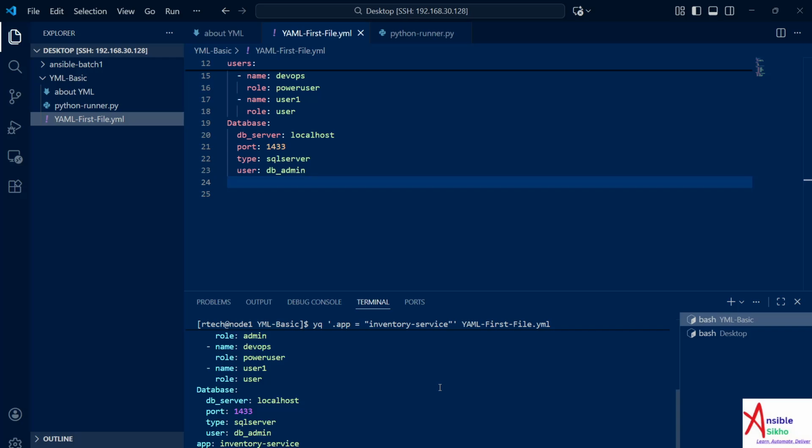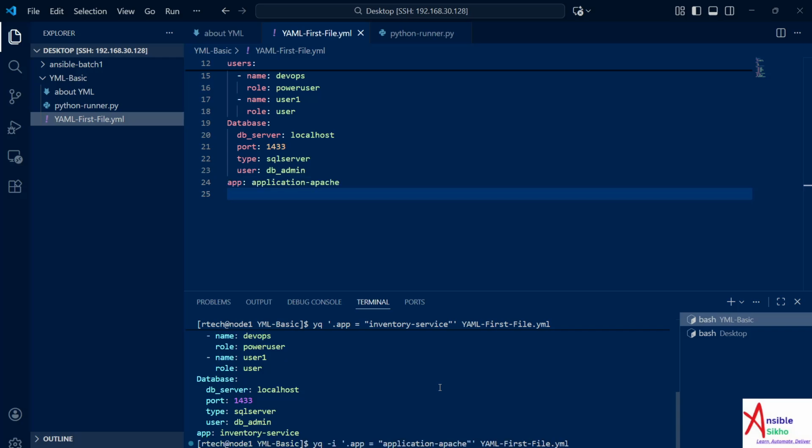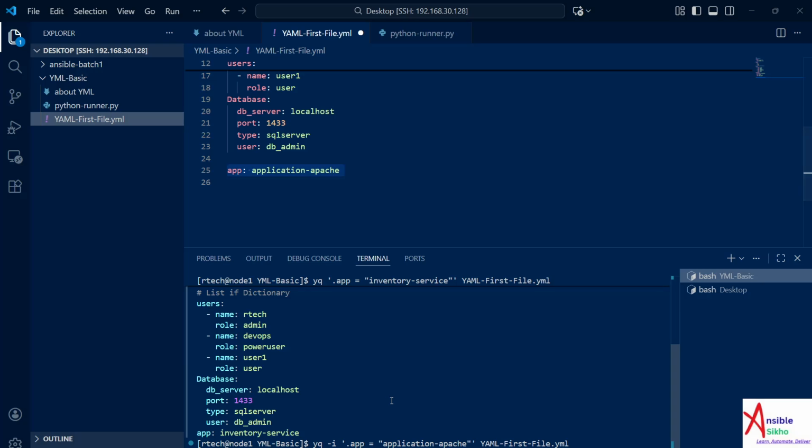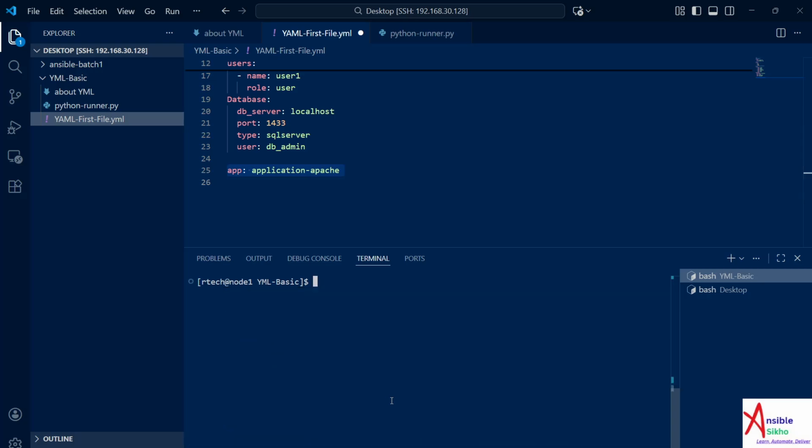So dot app, let me give a proper name, application Apache. Now you got this here, right? So this is updated here. Now likewise we can